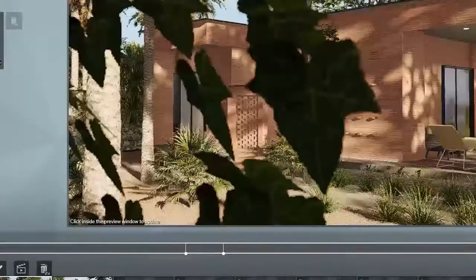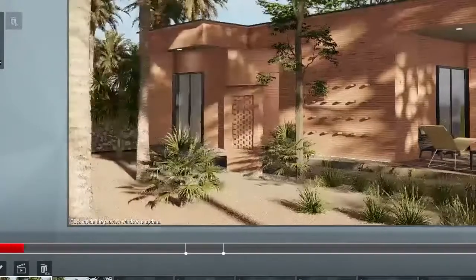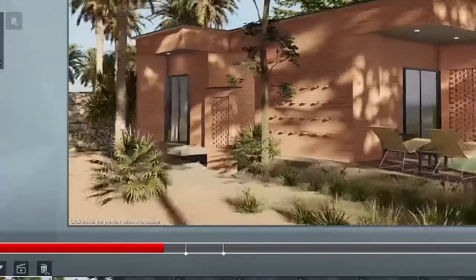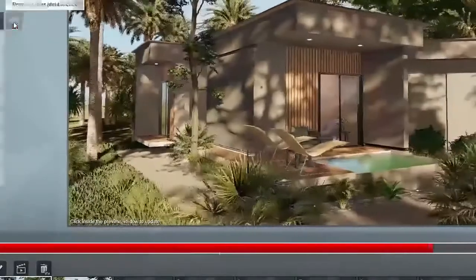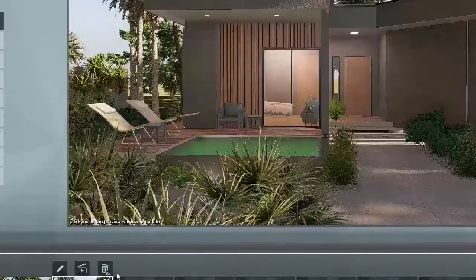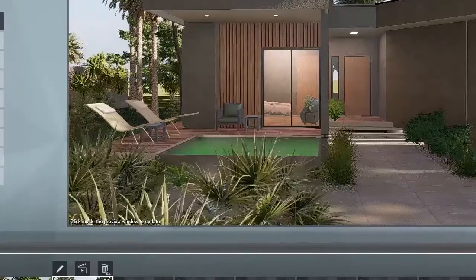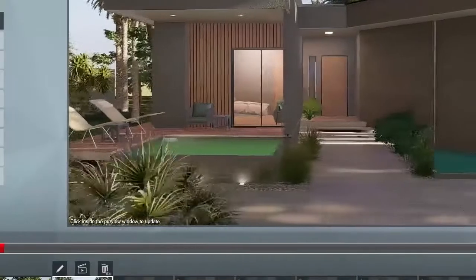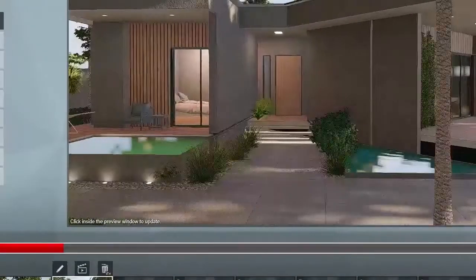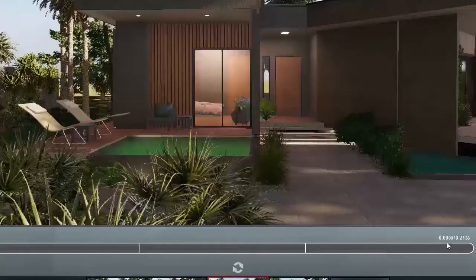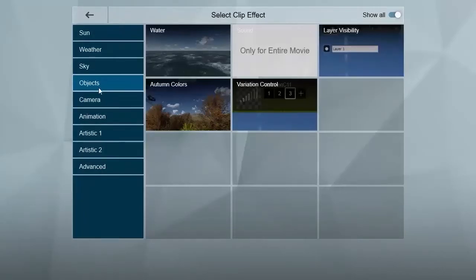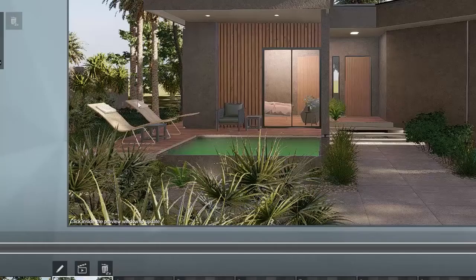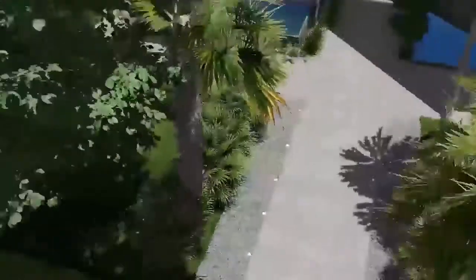So here it's brick, and after it will turn into concrete. Now let's do this again to see what happened. Let's create a variation control in a scene that is moving like this. So we click on this. Let's click on Effect, and here in Object we activate Variation Control, we click,